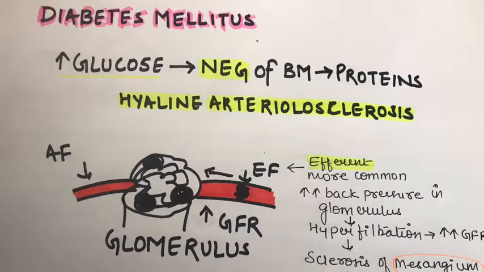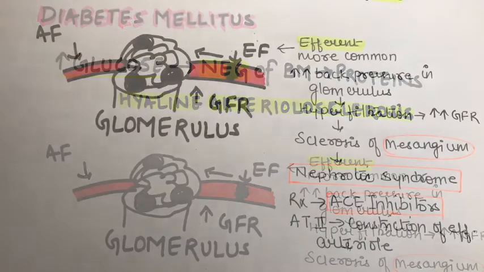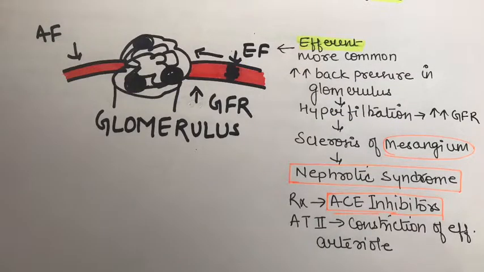thereby leading to nephrotic syndrome. The treatment that we need to give for this is ACE inhibitors. ACE inhibitors help slow the progression of nephrotic syndrome in diabetes. In fact, any patient with diabetes and hypertension, we need to start ACE inhibitors. Angiotensin II is another key modulator that causes vasoconstriction of the efferent arteriole. When we give ACE inhibitors, we cause vasodilation, thereby decreasing the hyperfiltration in the kidney and